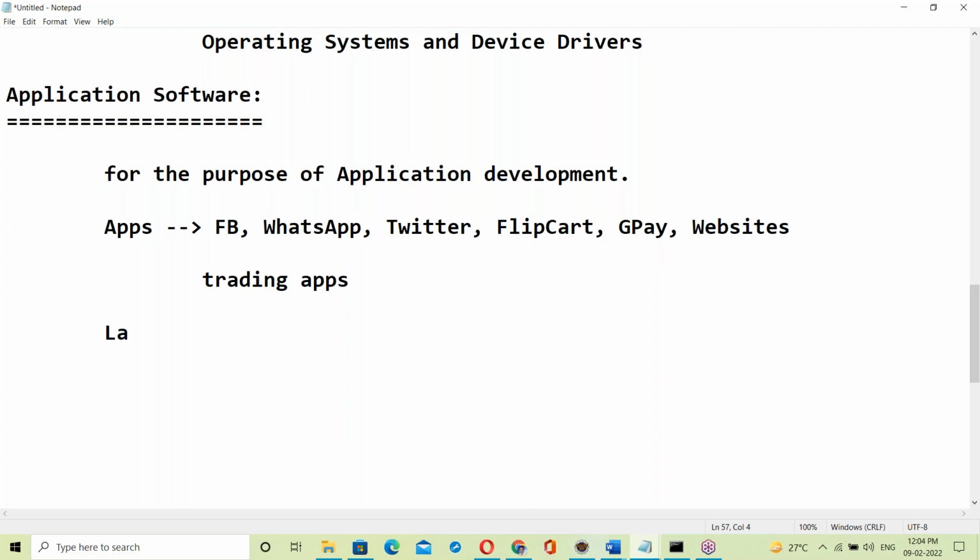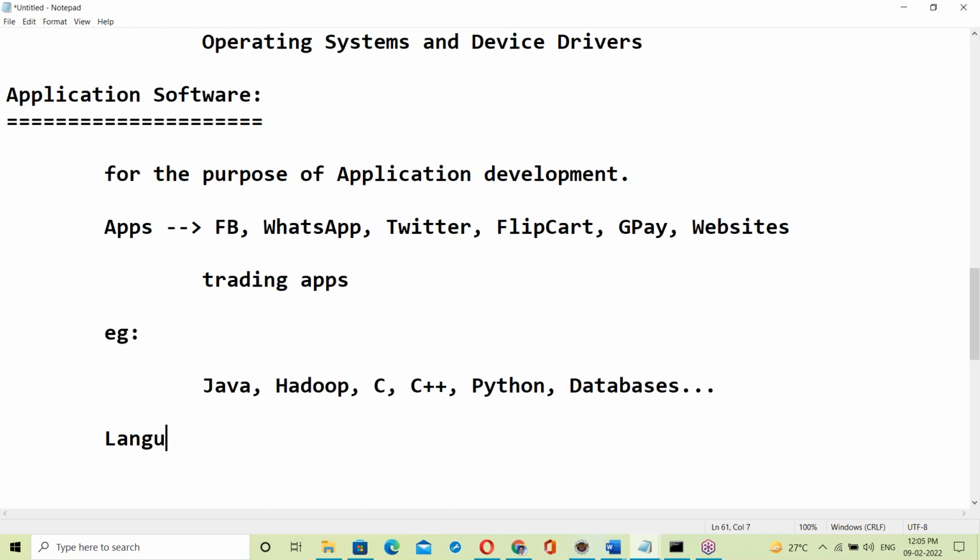There are some languages we are using. The best example is Java; Java is application software. Hadoop is application software. C language, C++, Python are application software. Databases are application software. It is all application software. There are around 100 technologies we use in the software field in the market.